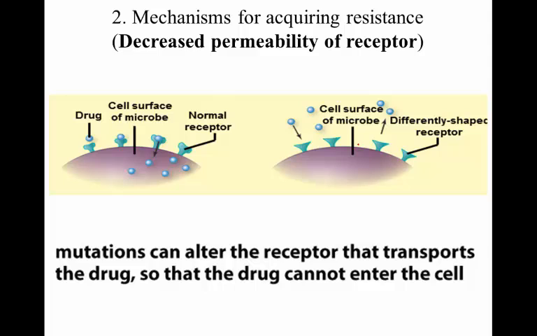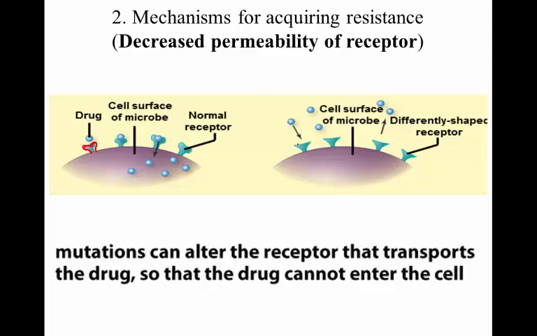Decreased permeability. Okay? Permeability, you should think about getting past the membrane, getting into the cell. So when we decrease permeability, this is basically like changing the locks to your house. Okay? The majority of antibiotics can get into cells because they can bind to receptors on the surface of the cell. Okay? Binding to that receptor is like putting a key in a lock, and that allows the antibiotic to come